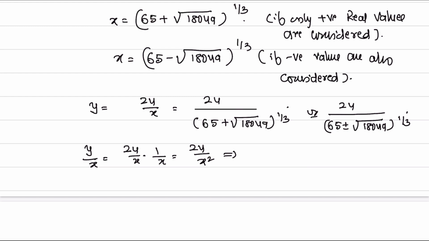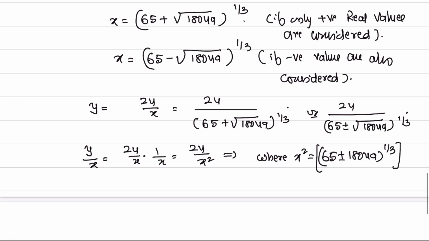Let us find out x square, where x square is equal to 65 plus or minus square root of 18049 to the power of 1 by 3, whole square. If a to the power of m, whole to the power of n, is equal to a to the power of m into n, then it becomes